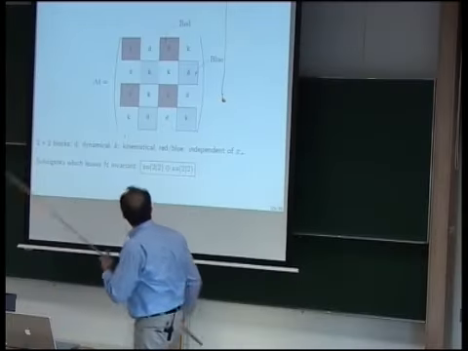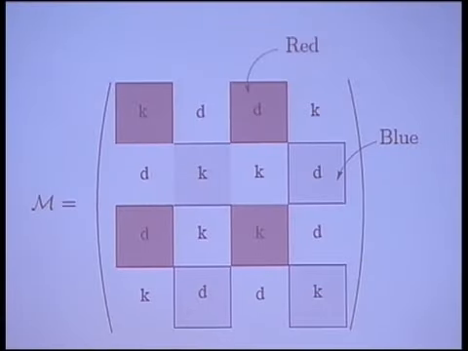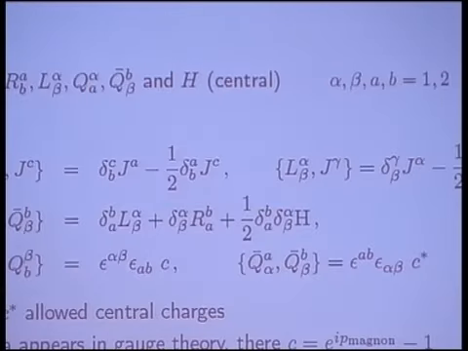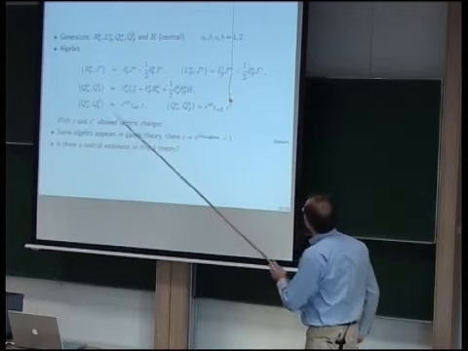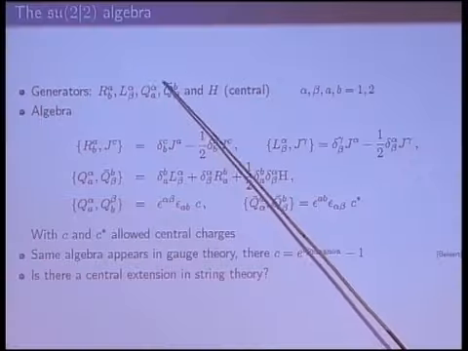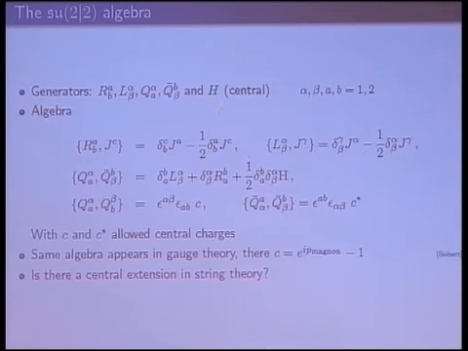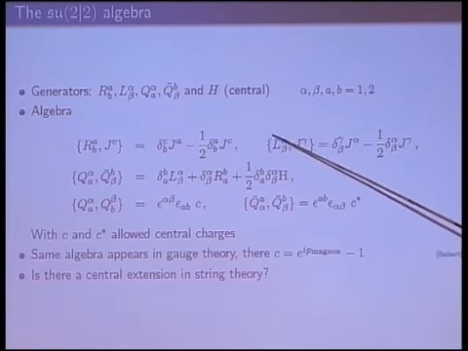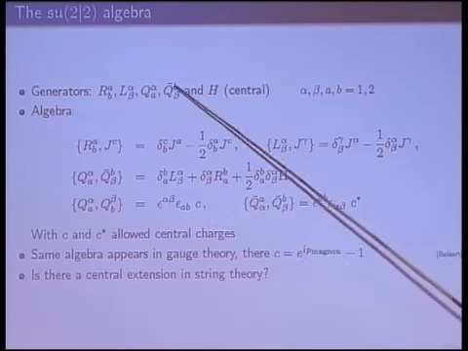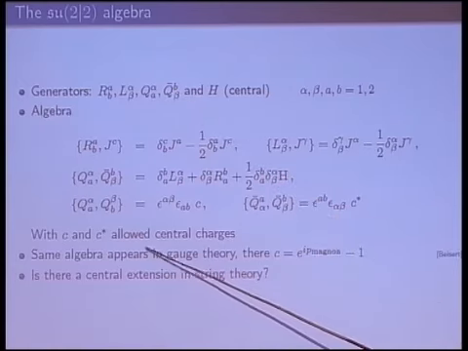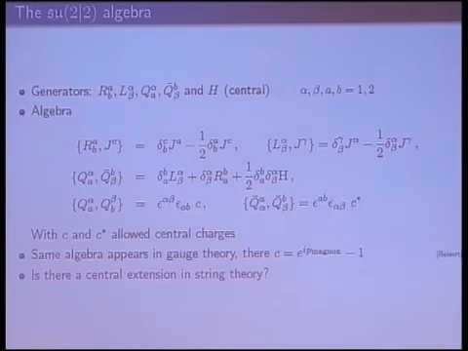Right, and the uncolored things are the generators, which are the symmetries broken by the light cone gauge. So here is the SU(2|2) algebra. We have the bosonic SU(2) generators and the two fermionic ones, Q and Q bar, and the central charge. And it furthermore allows this particular supersymmetry algebra a central extension in terms of two central charges C and C star, which are exactly related,